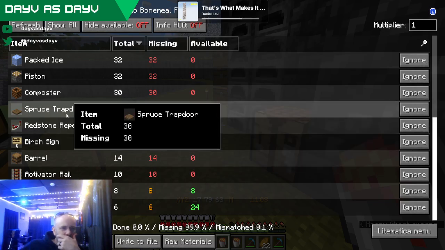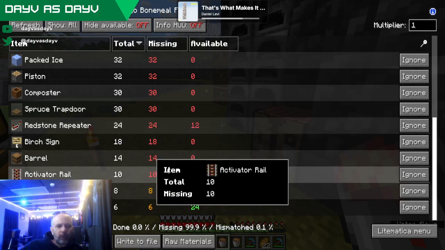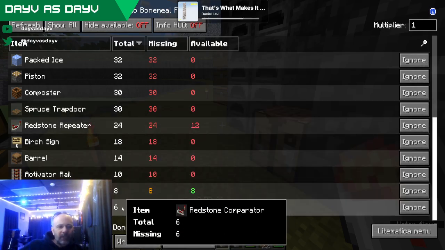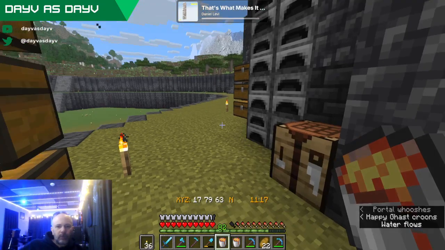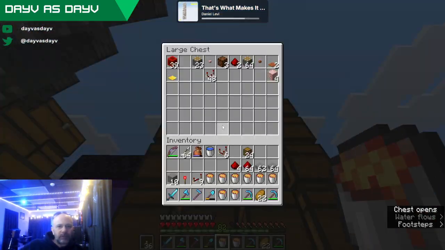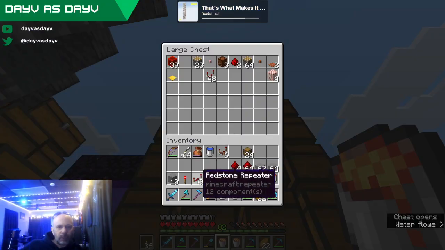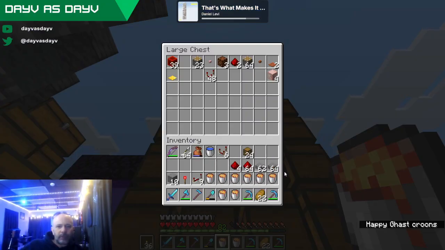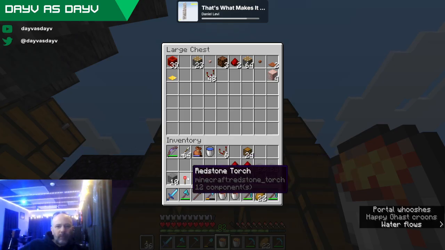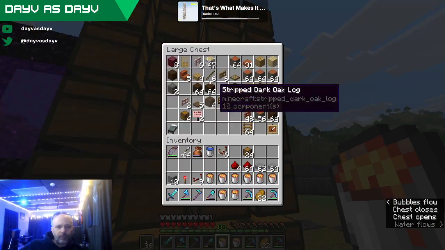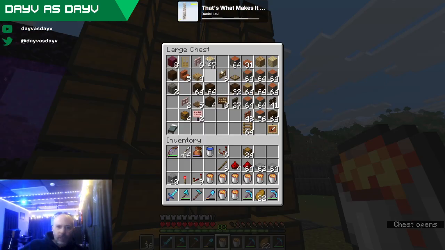Torches, where, right down here? Repeaters, I need 24. Comparators are just 6. 8 lava buckets. Okay, so comparators were just 6. 24 repeaters. So we've got to get more of this out. Make more torches. Make more sticks.